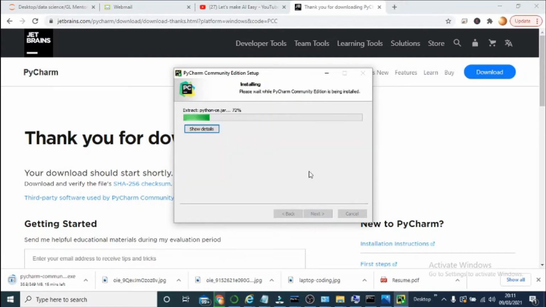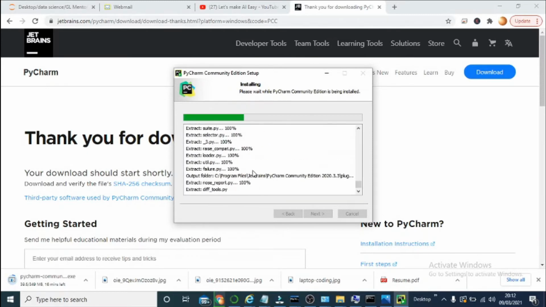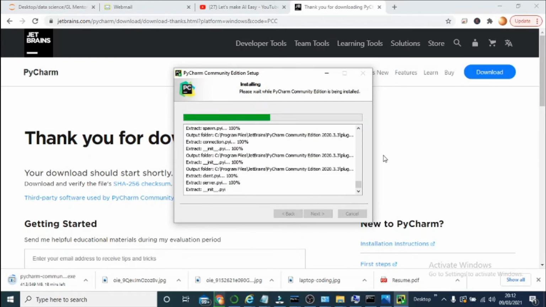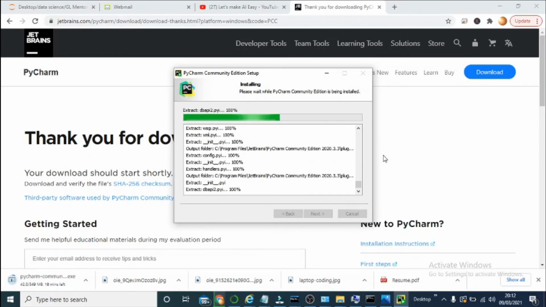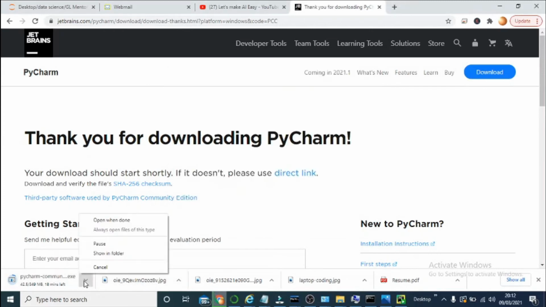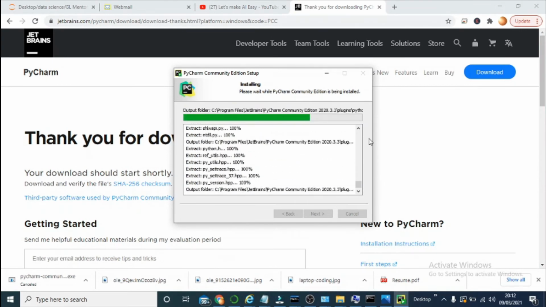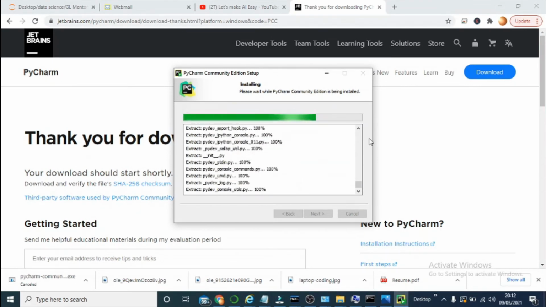The moment you click the install button, it is going to get installed automatically. It will take a little time. If you want to see what is happening in the background, just click the show more button. As soon as you click show more, you can see it is getting installed continuously. It will take a while to get installed. Meanwhile, let me cancel it. Yeah, so it will take a little time. It is still installing. It may take approximately 10 to 15 seconds.